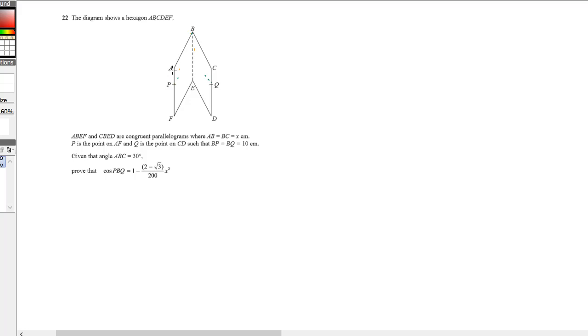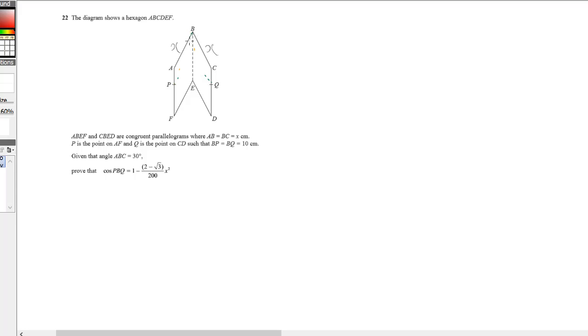So essentially A, B, E, F is the same as C, B, E, D in that they're congruent parallelograms. Where A, B and B, C, so A, B and C, B are equal to X, and point P is the point on AF, which is here, and Q is the point on CD, such that